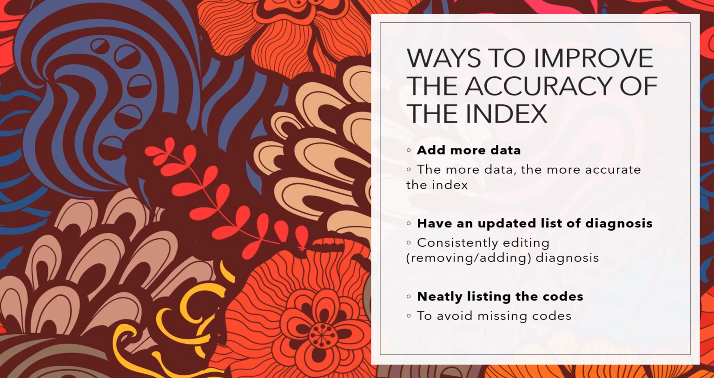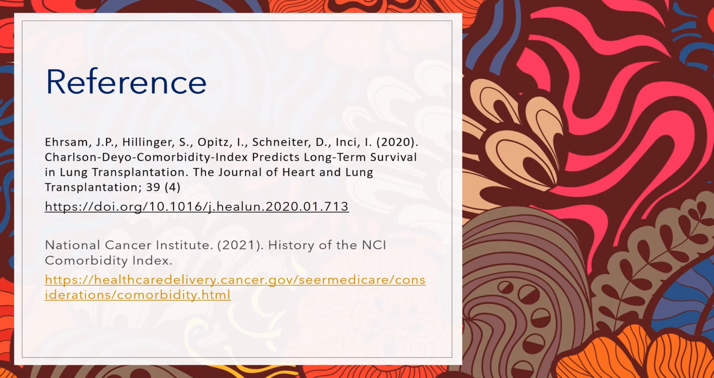And some possible ways to improve the accuracy of the index is by adding more data. The more data we have, the more accurate the index. And by having an updated list of diagnoses, consistently editing, removing, adding diagnoses, neatly listing the codes to avoid missing codes. And this brings us to the end of my